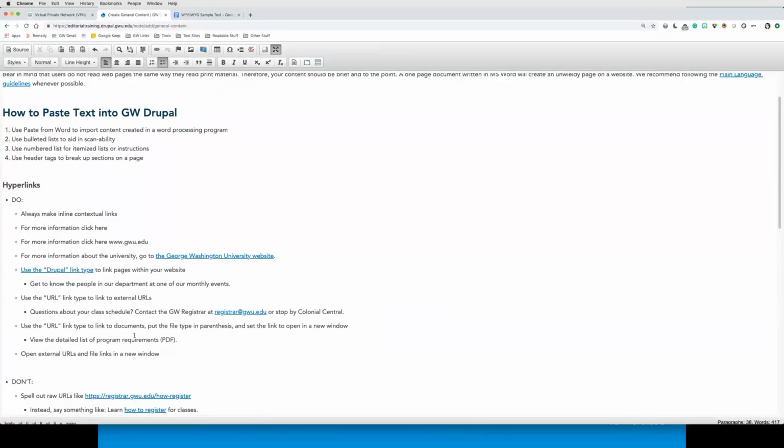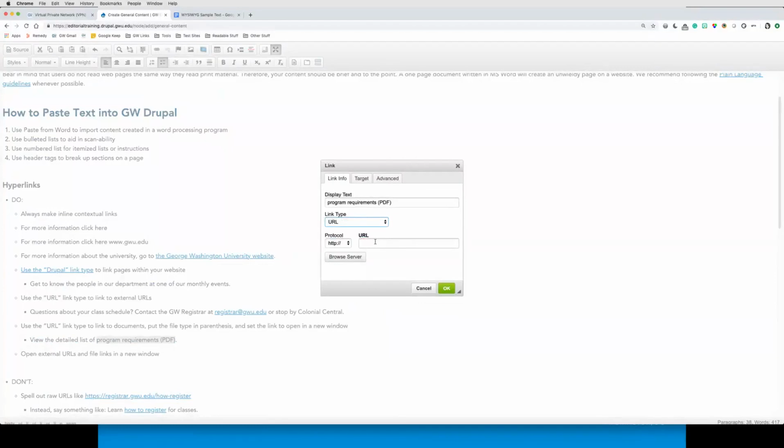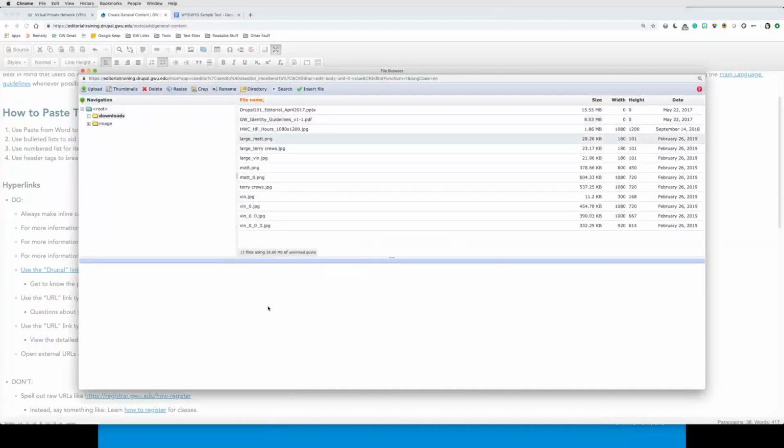And then finally, to link to documents. And there's a sample sentence down here, which you can see. We are, again, going to highlight the text that's serving as the contextual inline information. We're going to click on that chain link icon again. For link type, again, we're going to select URL. But before, the next thing we need to do is actually click on Browse Server. And what that's going to allow us to do is to locate a document that I've either already uploaded into my site, and if I have not uploaded a document into my site, I have the ability to go through the upload process by clicking on the upload button here, choose file, and then going through that process if I